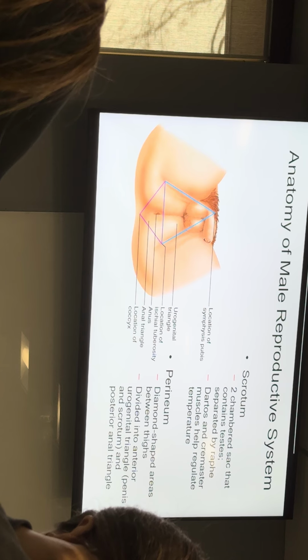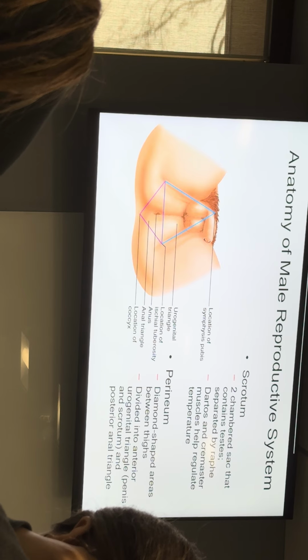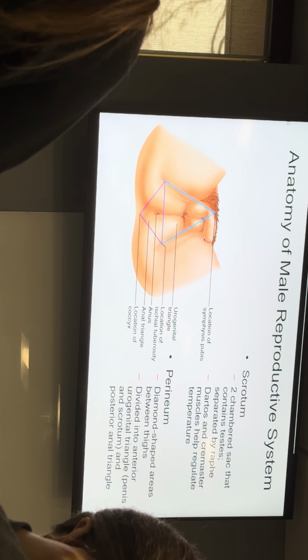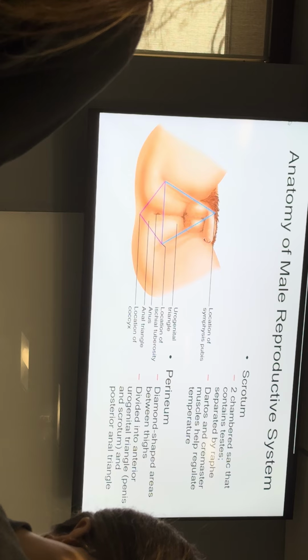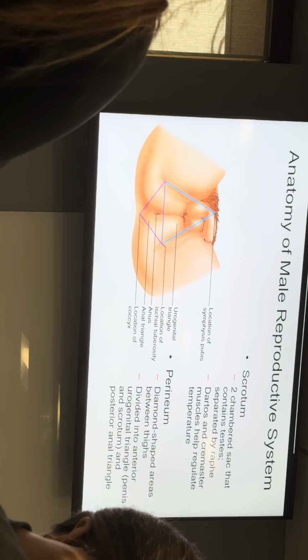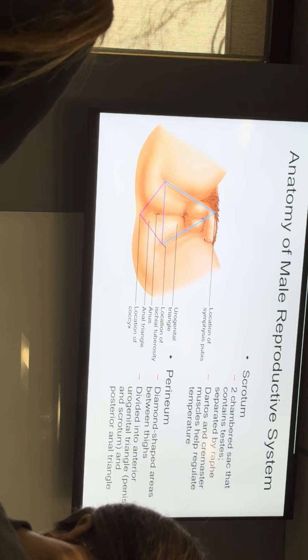Then in your scrotum, there are two sets of muscles. You have a dartos muscle and a cremaster muscle. The cremaster muscle allows your testicles to go up when you're cold and descend when you're hot, because a guy's testicles must be like 2 to 3 degrees Celsius lower than body temperature for successful sperm production. If you have an undescended testicle, you'll still produce testosterone like normal, you just won't have successful sperm production. They won't be motile, they won't be movable. You'll have flagella, they just won't whip around.